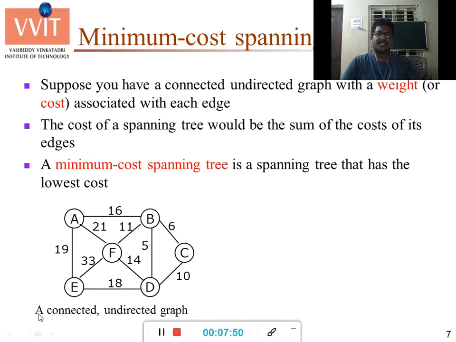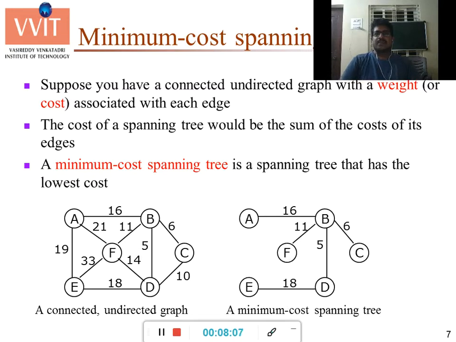So now let us take this example which has different vertices like A, B, C, D, E, F, and here these are the edges with the edge cost, or we call it the edge weight. Now we can say this is a minimum cost spanning tree for this given graph. So how to find the minimum cost spanning tree for a given graph?